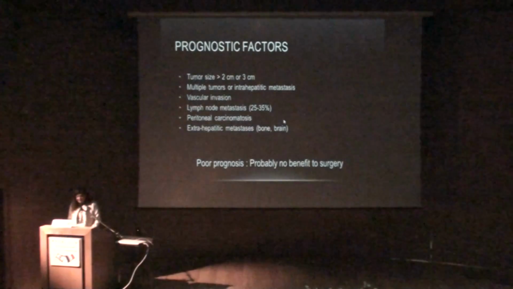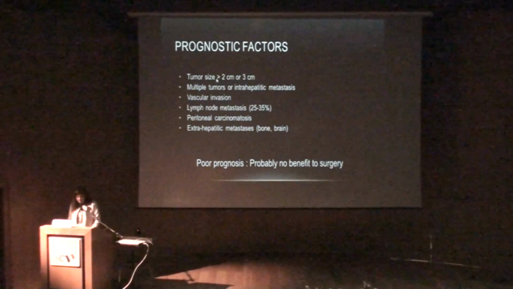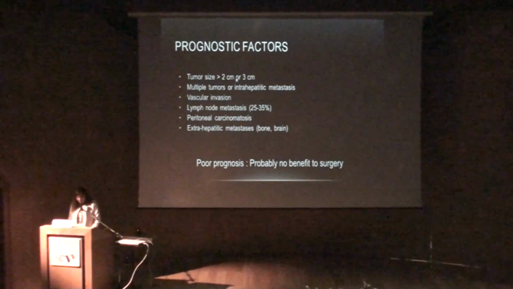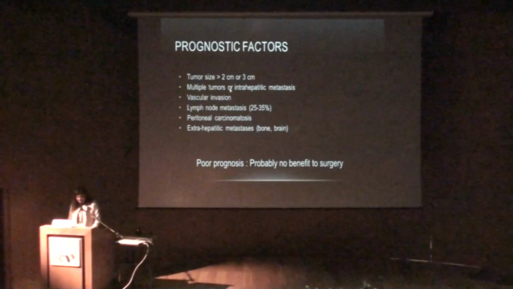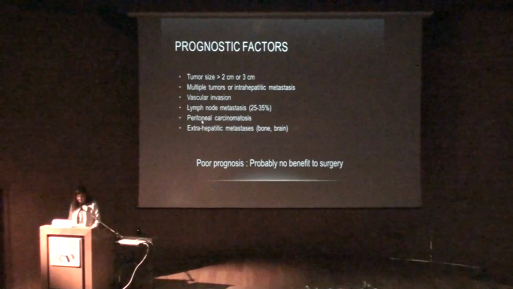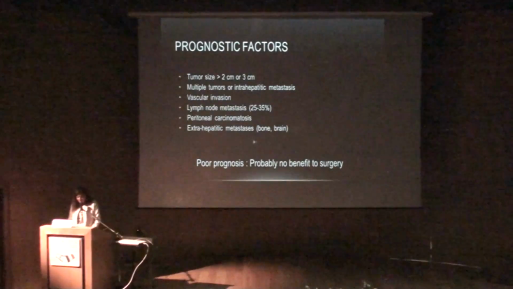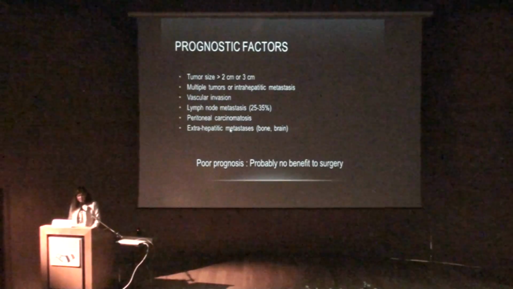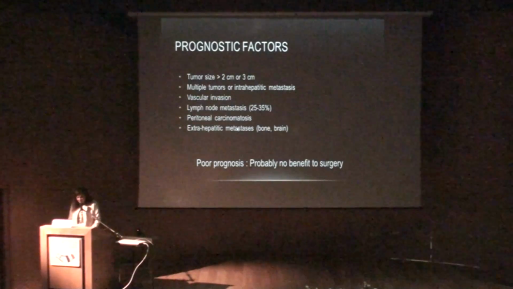The other prognostic factors that everybody knows are the tumor size, when the tumor size is more than 2 centimeters or 3 centimeters, when there are multiple tumors or intrahepatic metastases, vascular invasion, lymph node metastases, peritoneal carcinomatosis, and extrahepatic metastases. All are very poor prognostic factors, and there is probably no benefit to surgery in this patient, and it's